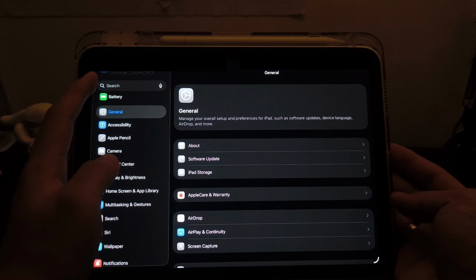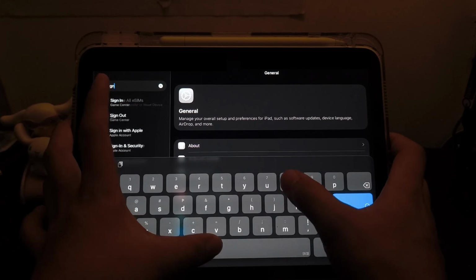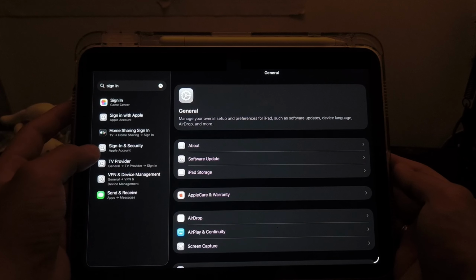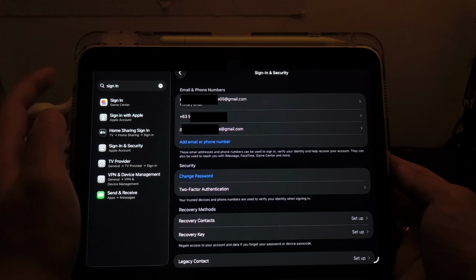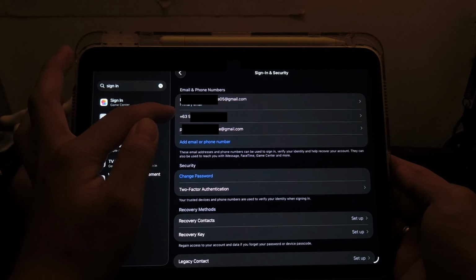So to do that, you can go ahead into your device settings, press on search, and type in sign in, and then you're gonna have to find this, which is sign in and security. Here you'll be able to find your email and phone numbers, but your phone number should be right below your